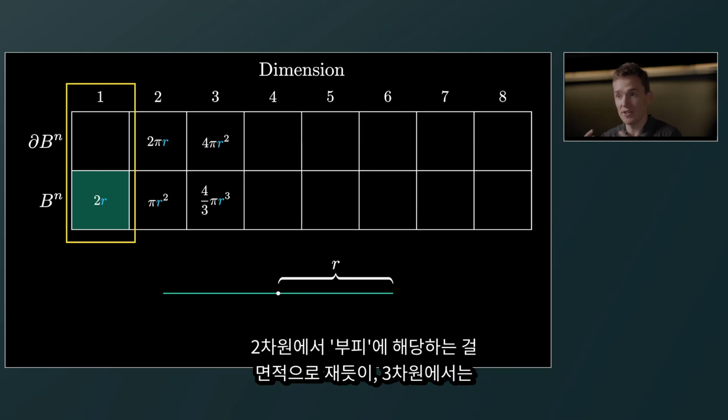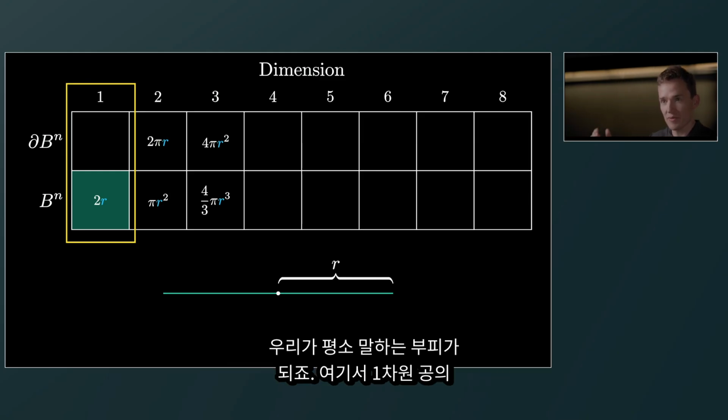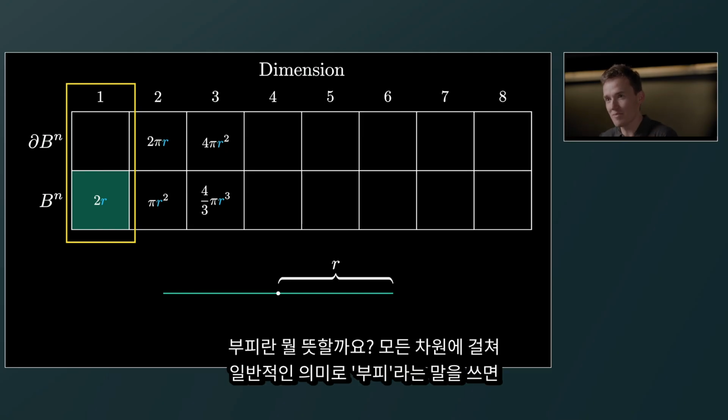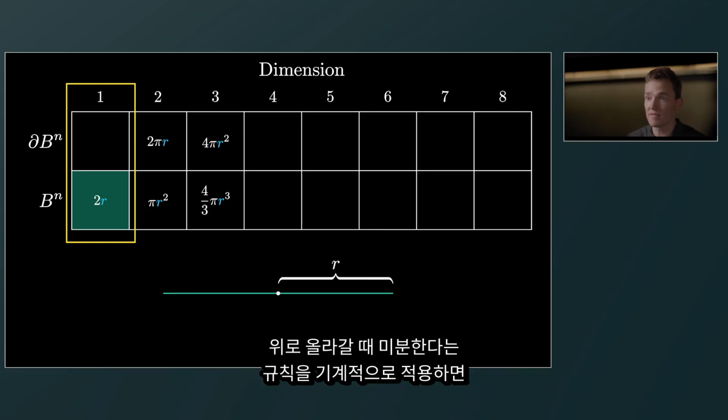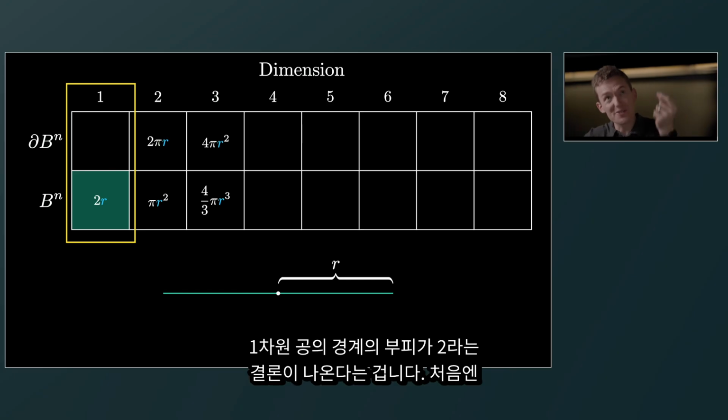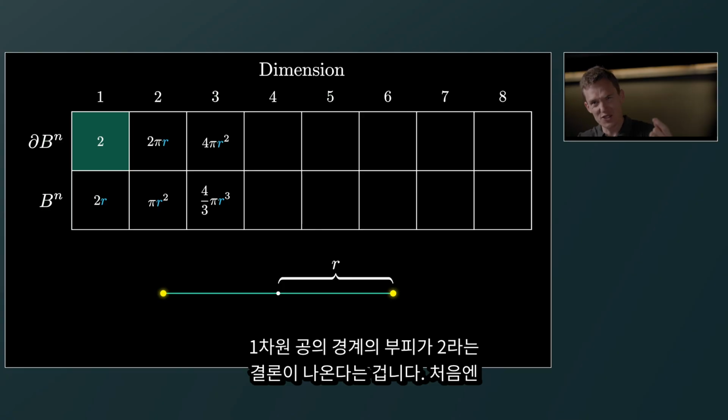And in the same way that in 2 dimensions, the way that we're measuring volume is with area, and in 3 dimensions, it's our normal meaning of volume, down here, what I mean by the volume of a one-dimensional ball, using this word volume in a general sense across all the dimensions, would just be the length, and the length is 2r. And what's fun here is if we just try to blindly follow the rule of taking a derivative to get up top, we end up with the idea that the volume of the boundary of a one-dimensional ball is 2,